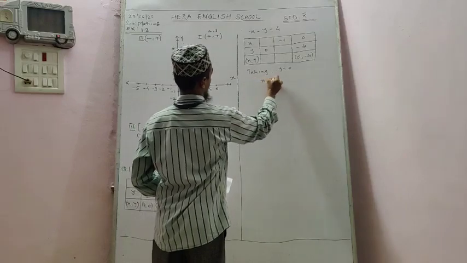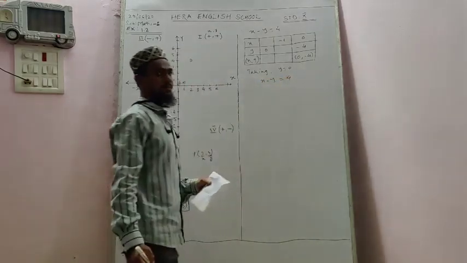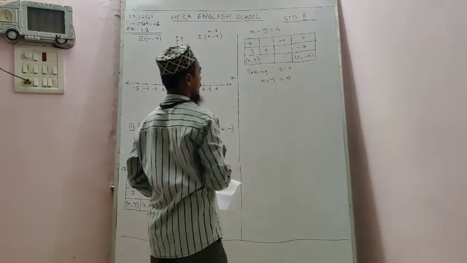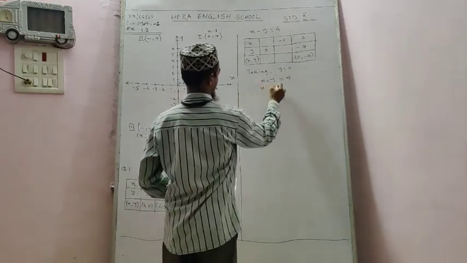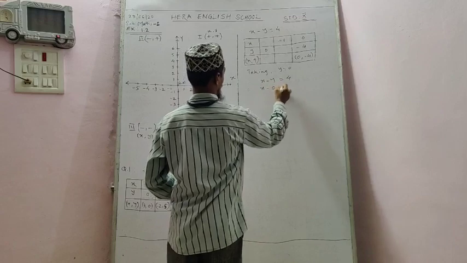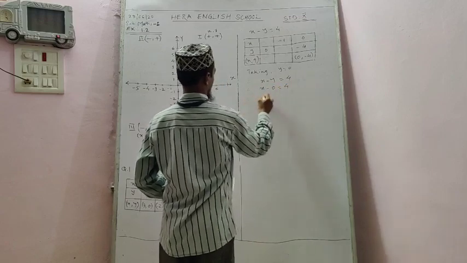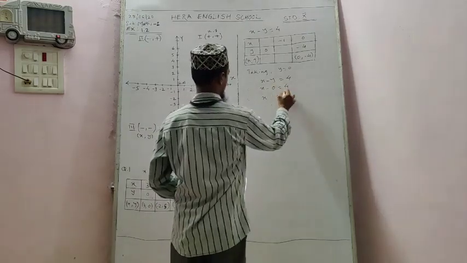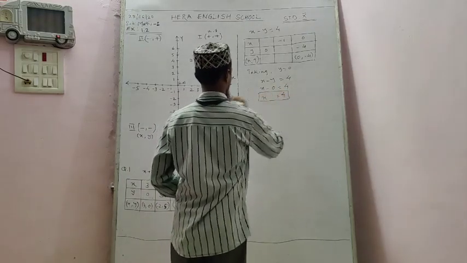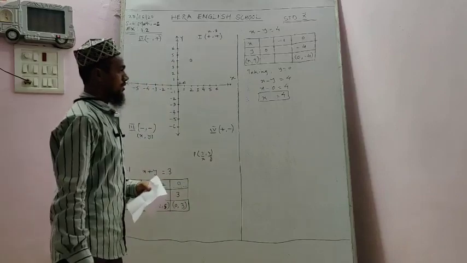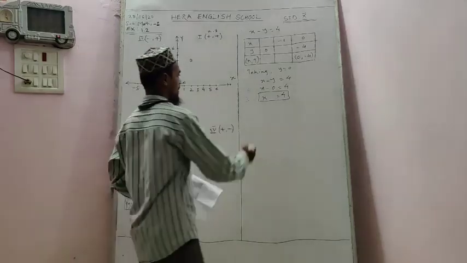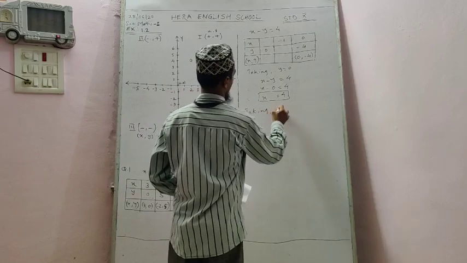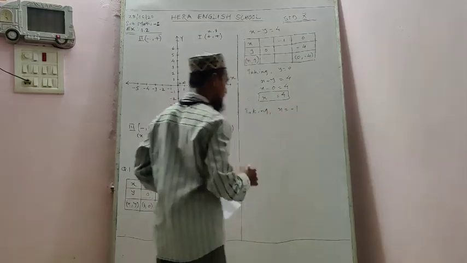We have x minus y equal to 4. We have the y 0. Keep the value of y as 0. X minus 0 is equal to 4. Minus 0 means no value will be there, it will cancel. You will get the value of x, means we got the value of x as 4. Okay. Now we'll take the other value, taking x, we are given x equal to minus 1.